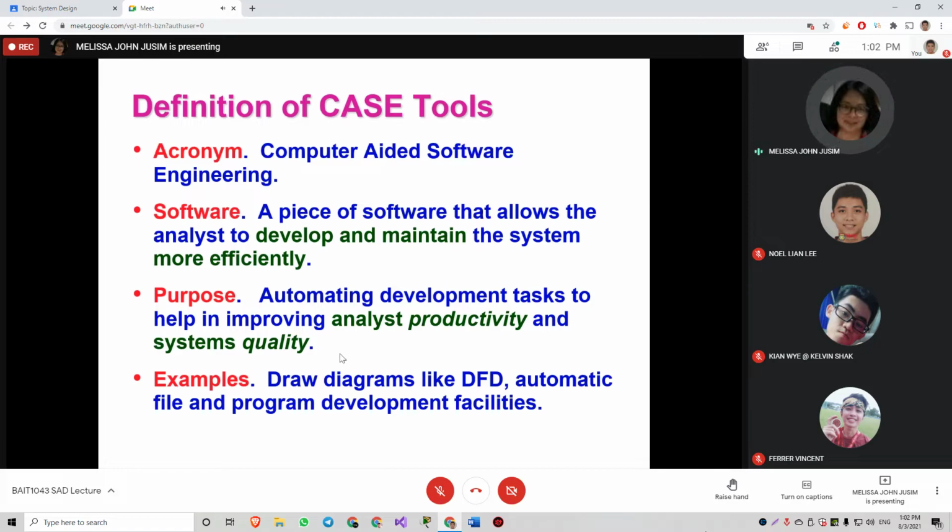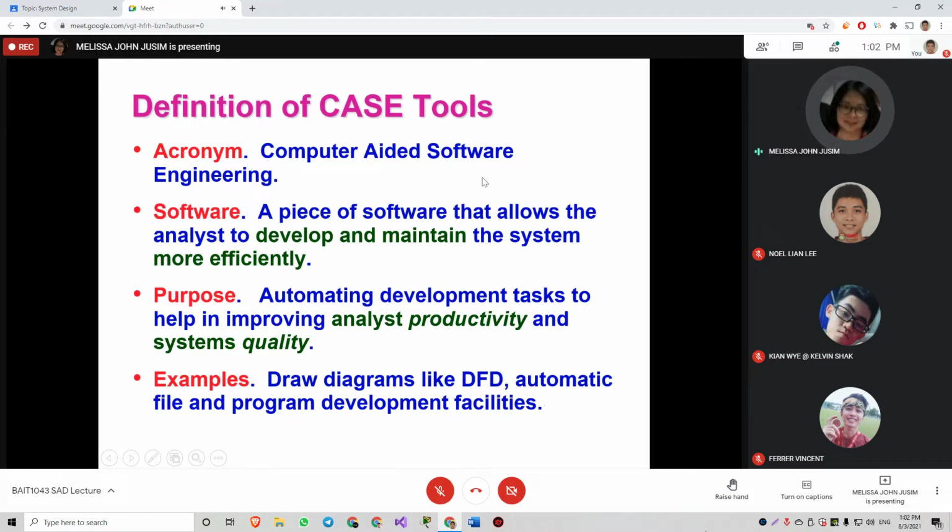Some SAs, if not full-fledged SAs, might be APs. AP means analyst programmer, who performs both system analysis and design and, at the same time, programming. So we can look at either SA productivity or programmer productivity.